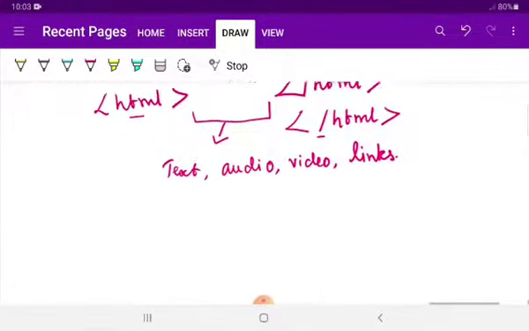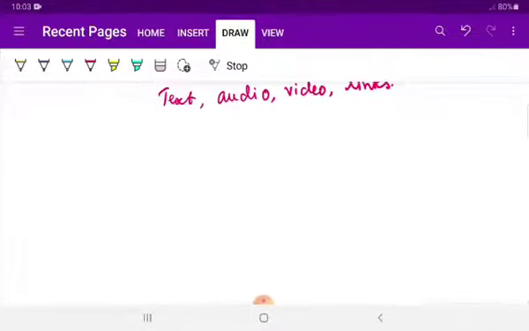If it has a beginning, it must always have a closing tag also. Normally in HTML, if you have an opening tag, it must also have a closing tag. Similarly, you have many features for formatting, that is heading, bold, center, and for each of them you will have the closing tag. Only for a few things we will not have the closing tag. That we will be discussing continuously.